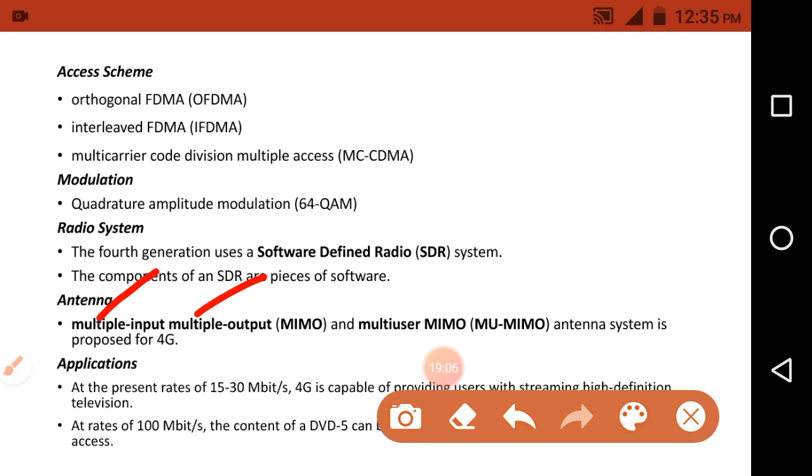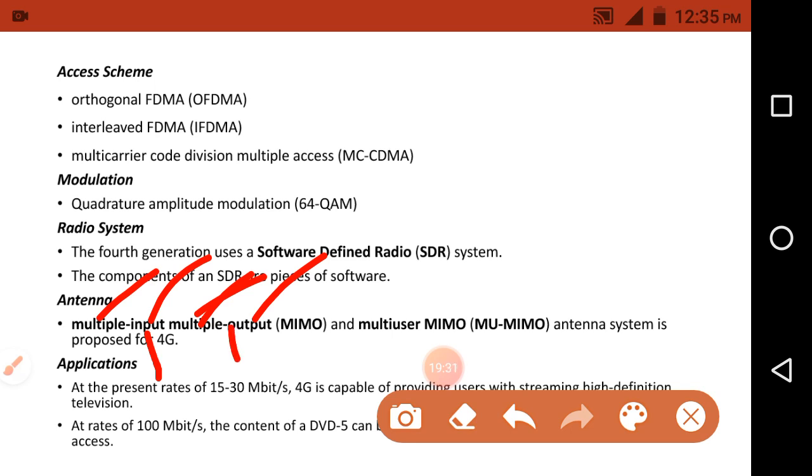That is what we call multiple input and multiple output. Two mobile stations are exchanging multiple digital signals simultaneously.